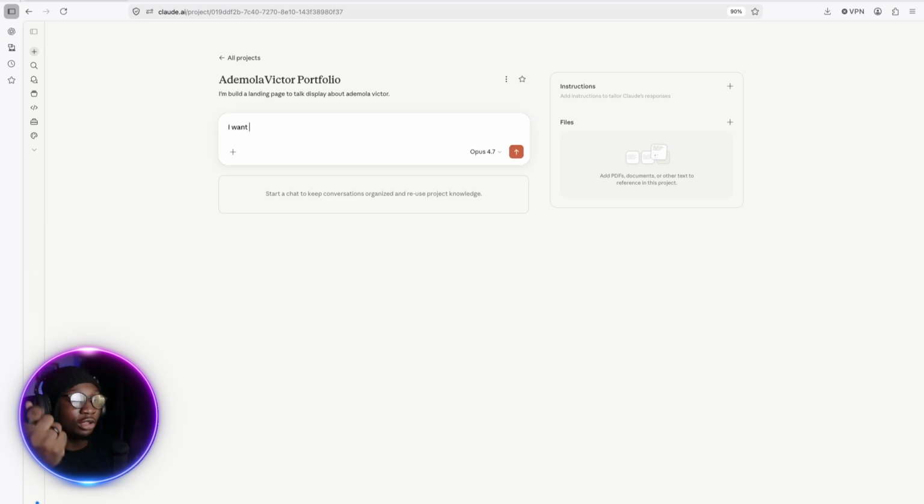Now don't forget I told you that whenever you want to build a project, it is always best to have a detailed MDX file. And I explained to you guys what an MDX file is. It can be anything, and this is what you're going to take and pass into your Claude Code. What it just means is you need to have detailed documentation that covers what your project is about. So I'm going to tell Claude that I want a detailed